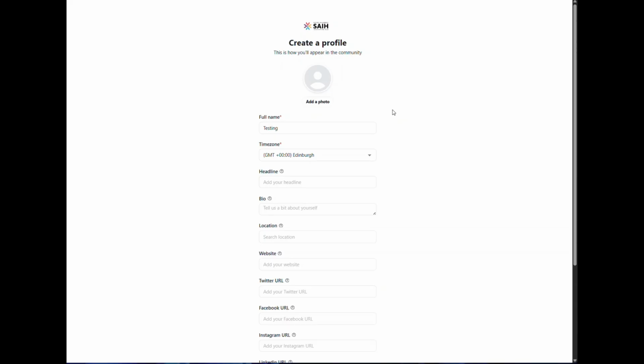Once you do that, it'll direct you to a new page. And on that page, it'll prompt you to start populating your profile. Really, you just need to populate your full name, like you could just be the name you go by, your time zone, and this will help when you see events that'll translate into your time zone. A headline, tell people your role, maybe your org, and a little bit about yourself.